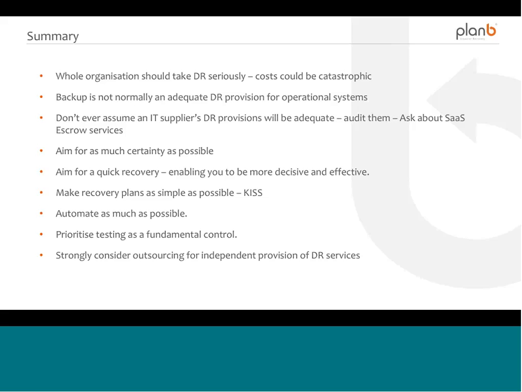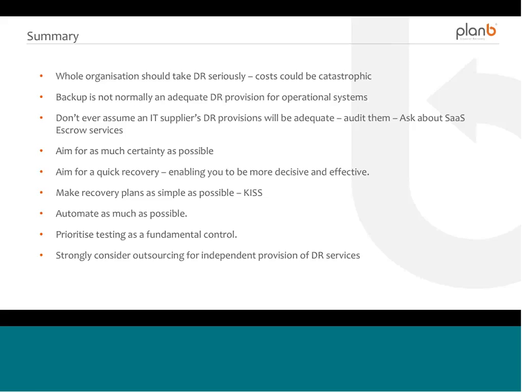Aim for as much certainty as possible. If you're producing a DR provision, the more certainty you have, the more simple it will be, and the more likely it is that you can execute that successfully. So obviously aim for a quick recovery, because quick recoveries put you in control and allow you to be decisive and effective. And simplicity. Get simplicity in the plan, get simplicity by automating and by aiming for certain outcomes, and